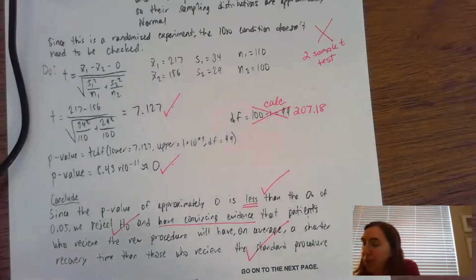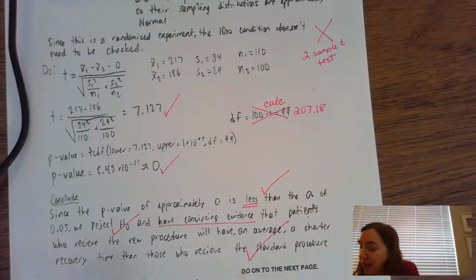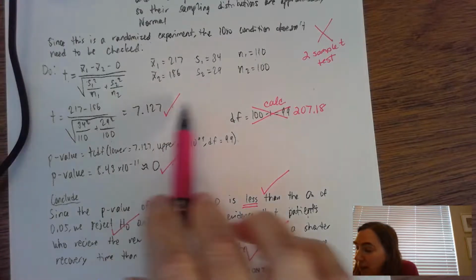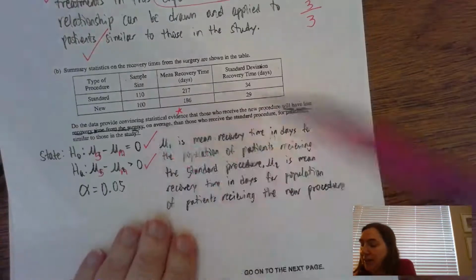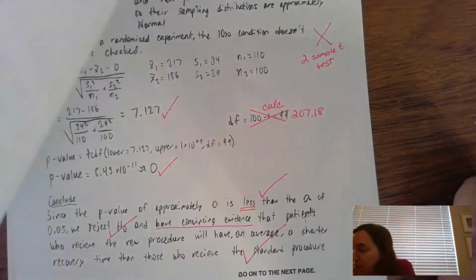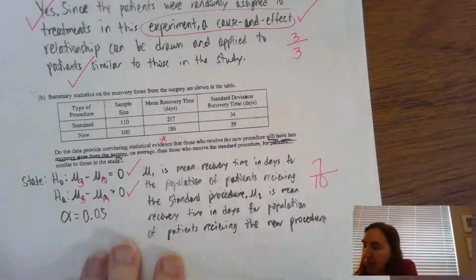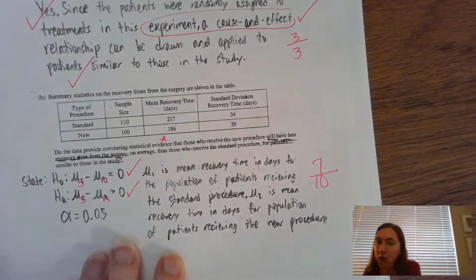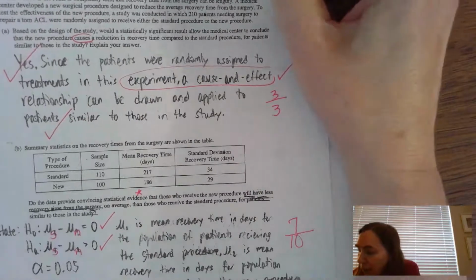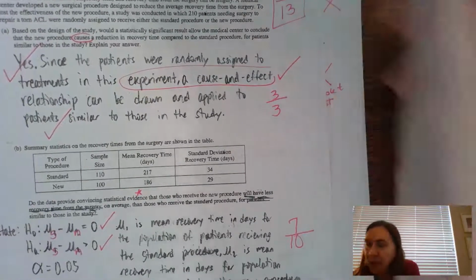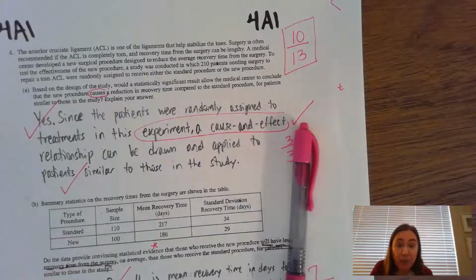So for part B, there are actually 10 different checks here. 1, 2, 3, 4, 5, 6, 7, 8, 9, 10. My person is missing 3 of them, so my person got 7 out of 10. The final overall total is 13 points, and my person got 10 out of the 13. I'm going to box it. And that is the end of grading this particular question. Bye.